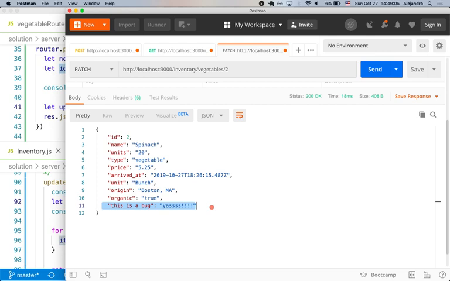Yes? Is that something you could account for on the front end, where, if you're editing a vegetable, it brings in a form with only the inputs to update? Yes, definitely. That's something you could take care of in the front end. However, you should also take care of it in the back end. Not allow a user